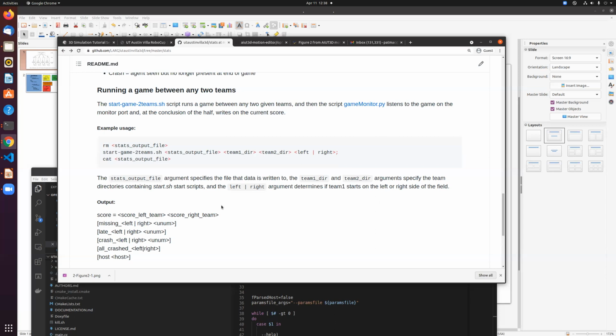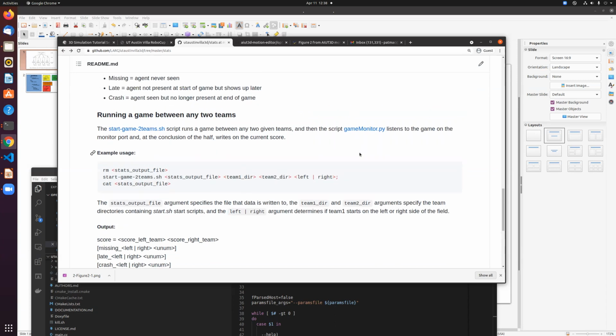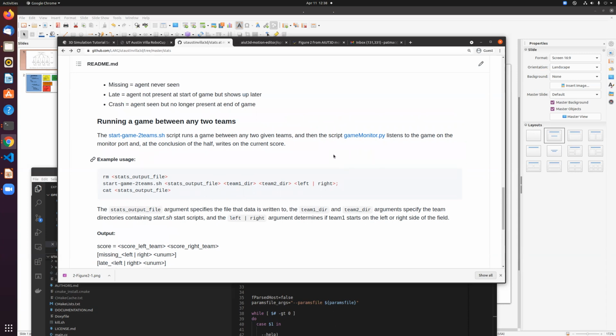So this is something that usually after the end of a competition, I'll run 100, 1,000 games between every combination of teams, just to gauge their relative performance. Typically we'll publish this data as a winning team paper or some other format, or just send it out to the league so that teams who don't have the capability or distributed computing clusters to collect this type of data can gauge that,